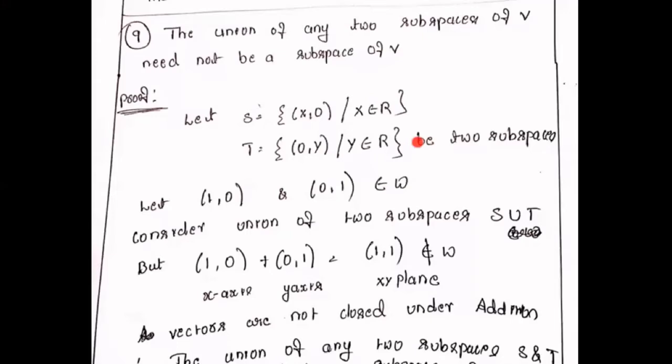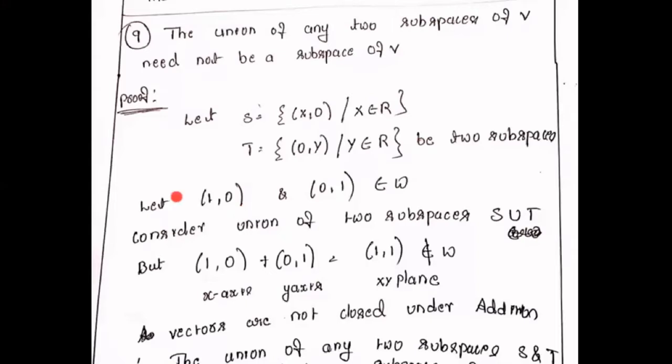So what I'm doing is I'm considering two good subspaces. Then I'm doing the union of S and T, and I wanted to find out whether after doing the union of two subspaces, the resultant union is a subspace or not. That is what I wanted to find out. Okay. So I assume that there are two subspaces, S and T. But yeah, let's consider one example here. You can explain with the example also, no problem.